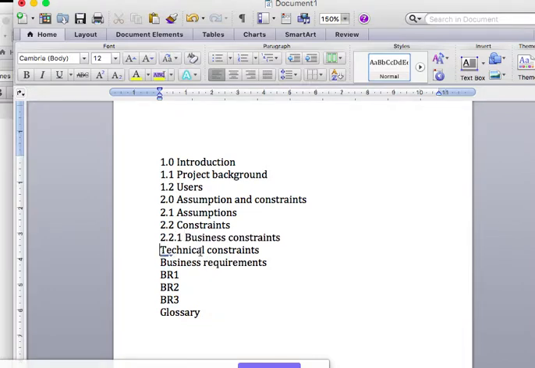Then this one could be 2.2.2. Then your business requirement could be 3.0. Then within this you can have 3.1, 3.2, 3.3. Then the glossary can be 4.0. Okay, so now I numbered them, I know the information there will be, so we can highlight them and go to your